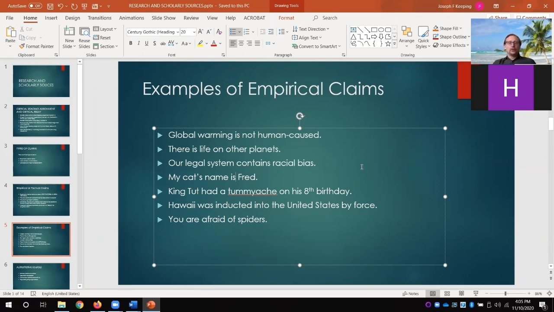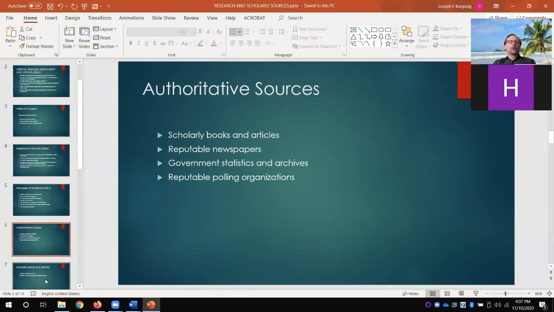The last one says, you are afraid of spiders. Okay, so this obviously depends upon whether or not this is true. It depends on who the you is, right? But this is a claim that you would only find in the context of a conversation where the who the you is unambiguous. So that's all by way of explaining how to recognize an empirical claim or factual claim, or what's not an